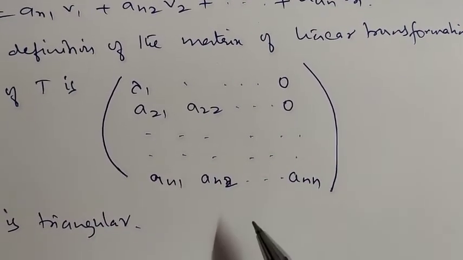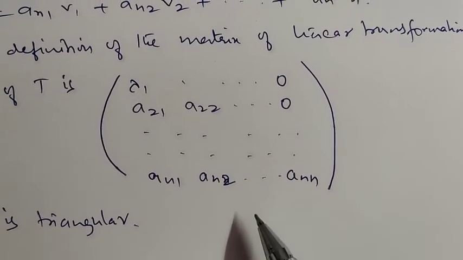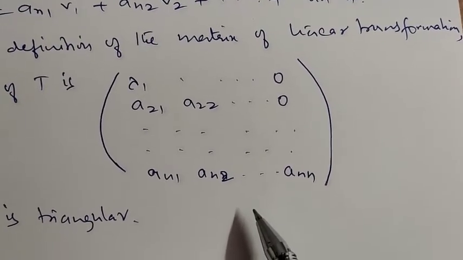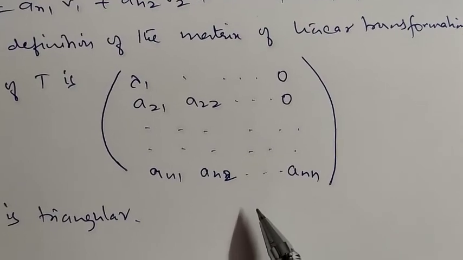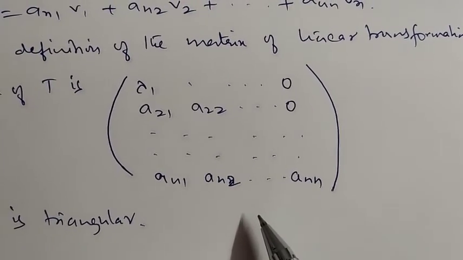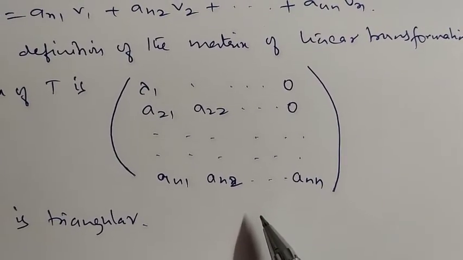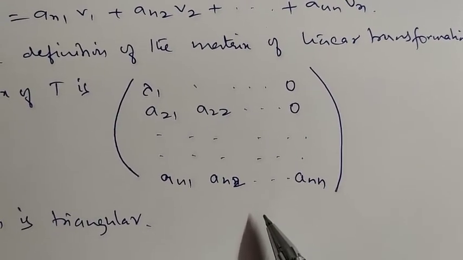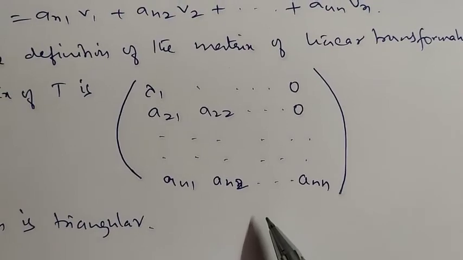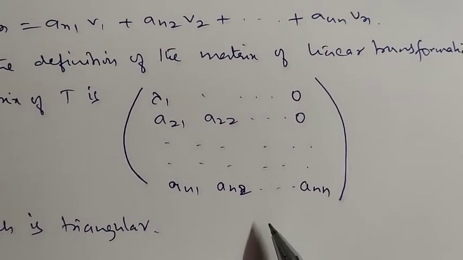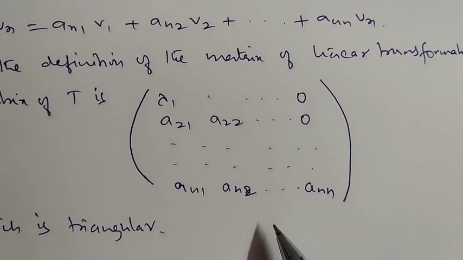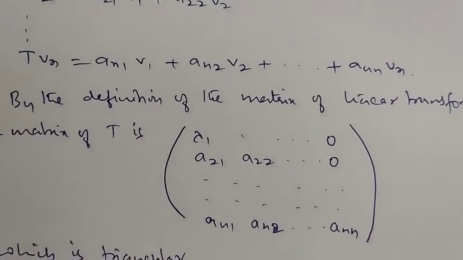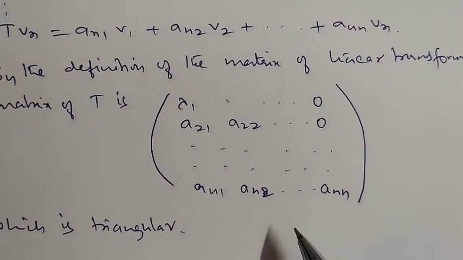So this is the criterion for the existence of the triangular form. This is one of the canonical forms. So the criterion is that all the eigenvalues of T must lie in the field. So the condition for the transformation T to have a triangular form is that all the eigenvalues of T lie in the field. This is the first